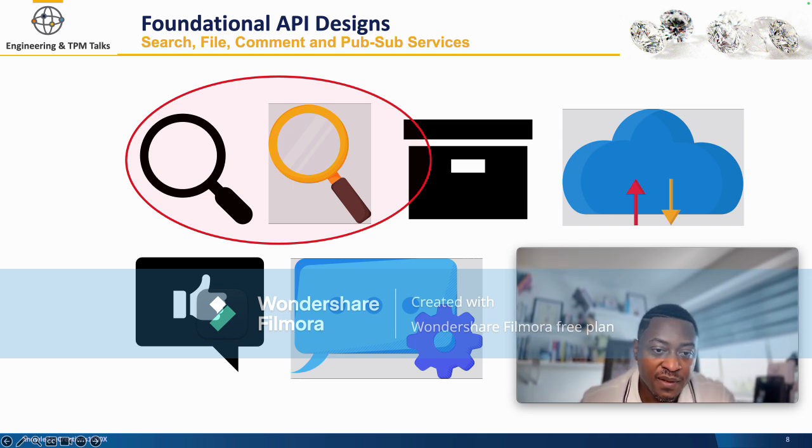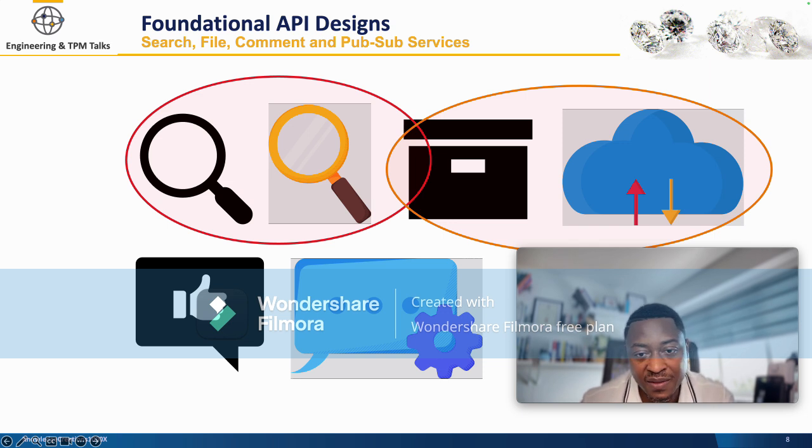Then the next service that I think is important is file service, right? So typically a file API will enable a user to store different media. Now, anyone that has not been under a rock for the past 20 years will know that we're always storing things. We're storing images, we're storing videos, we're storing documents, we're storing software, we're storing text, we're storing whatever, whether it's into cloud storage, on-prem storage, on-device storage, we're always storing things, right? And those things, we want to access them on demand.